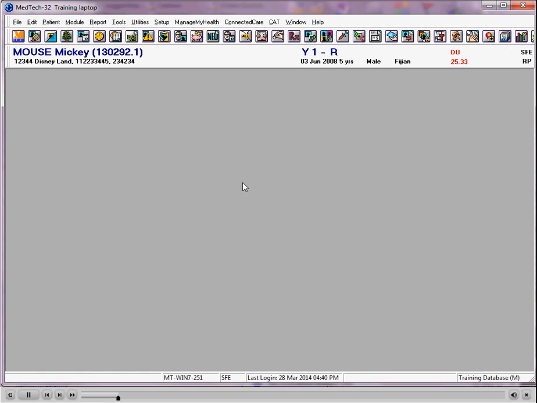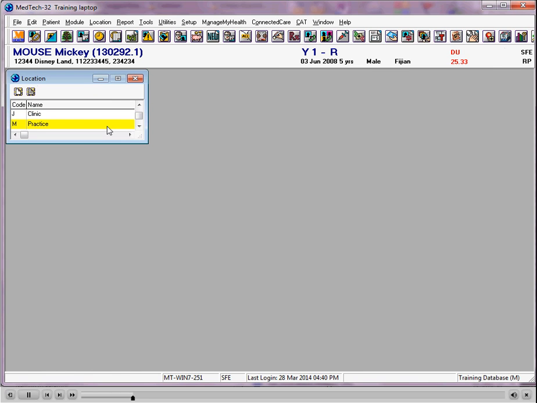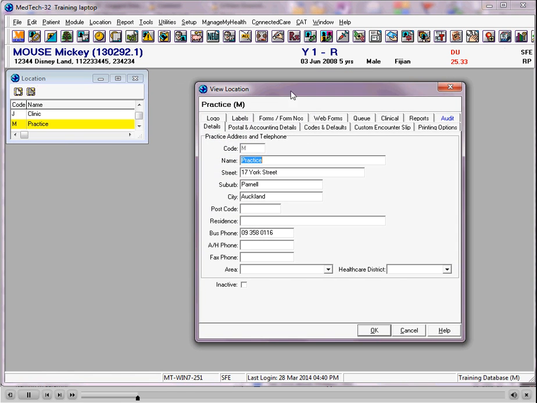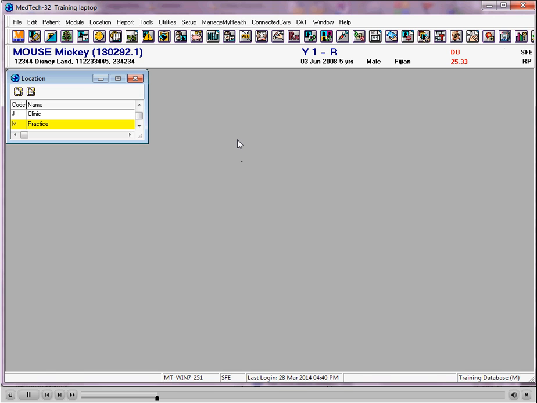So setup, location settings, and the practice name. If we come to the clinical tab, here is the option to enable in-clinic administration of medications. So that setting does need to be enabled first, and then once that's been done, you can come to do